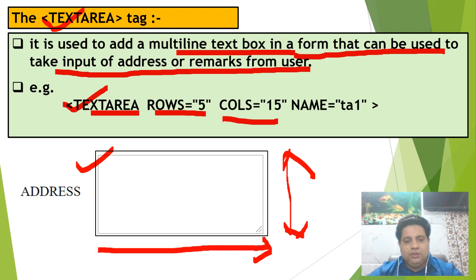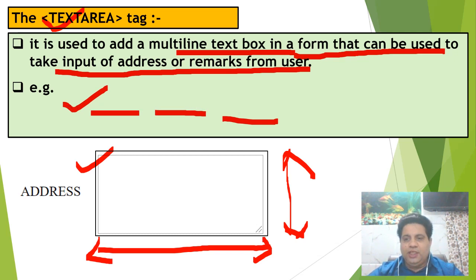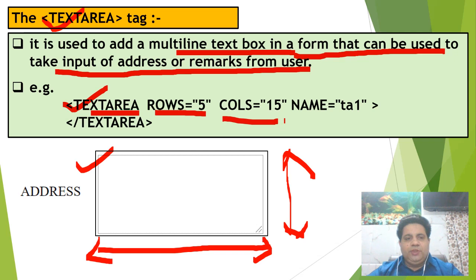So rows means what will be the height of the text area, and columns means what will be the width of the text area. Okay, and you can give it a name, then close the text area. So in this way you can display the text area on a web form.